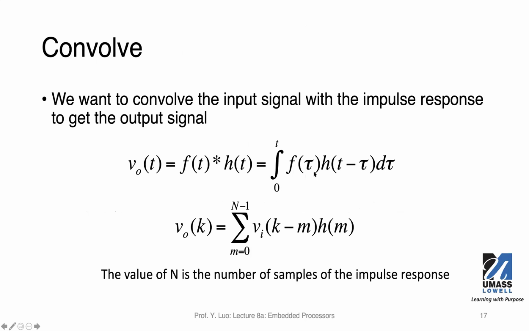And this f tau is the input signal at that tau moment, and h is the impulse response at the t minus tau moment. So we're talking about the past a few